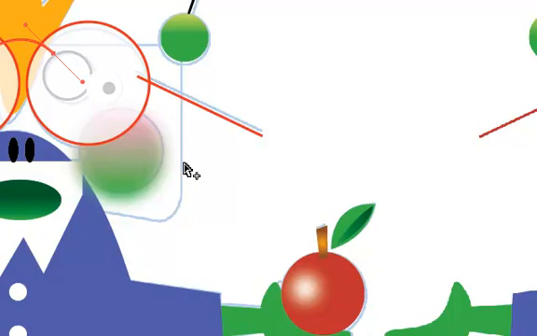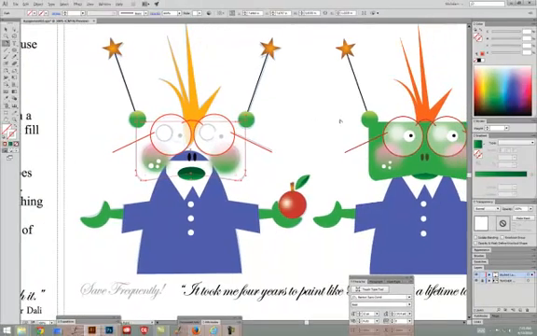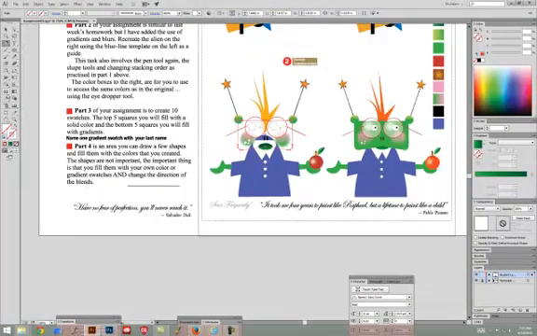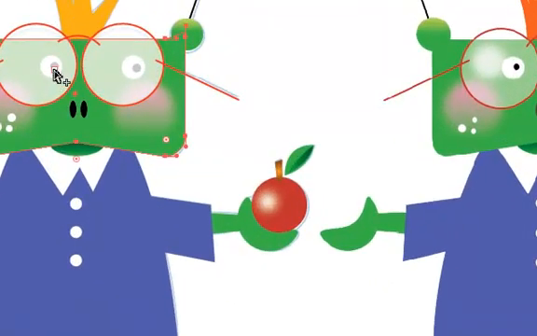Okay, and I'm going to go back to this, and it hasn't moved. Well, I'll move it. There we go. I just need to fill it again. I need to fill it back with the green, like that. And there you go. Now this is showing that the eyes are in front, which is okay. Sometimes this might be too light. So when I drew this, I actually put the eyes in the front just to make them stand out a little bit more. You can leave them behind, or you can move them to the front,